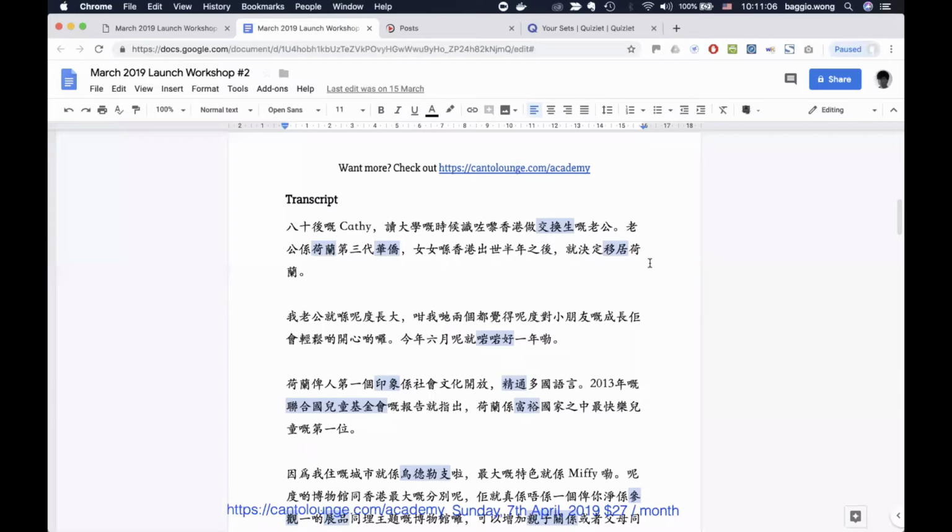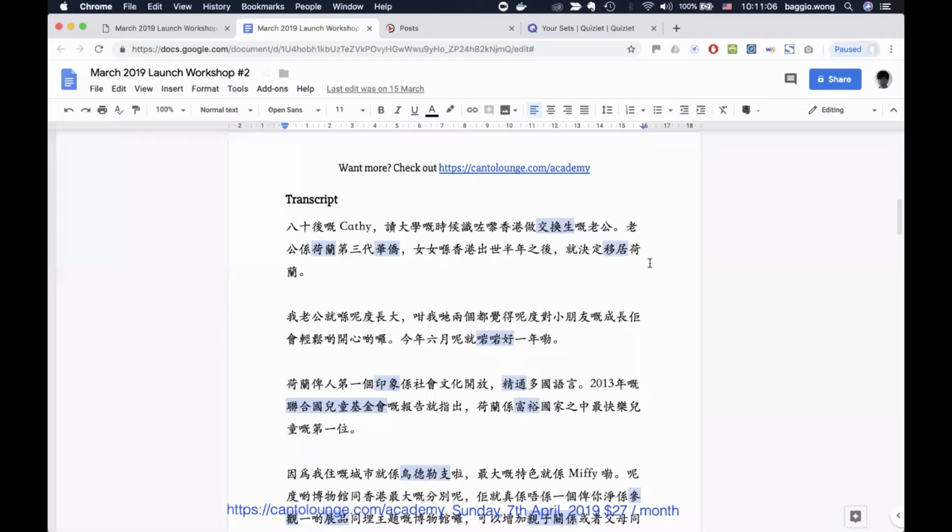女女喺香港出世半年之後. So the daughter, after half a year, 半年之後, after she was born in Hong Kong, 出世 is to be born, right? Makes sense. 出 is to come out, appear. 世 is the world. Appear in the world is to be born. And sometimes Cantonese or Chinese is actually a fairly logical language. Which is why for Asian people, sometimes it could be very difficult to learn vocabulary in languages where you have words that just seem randomly pieced together from 26 letters of the alphabet or more in different languages.